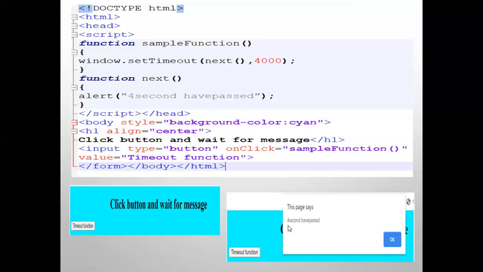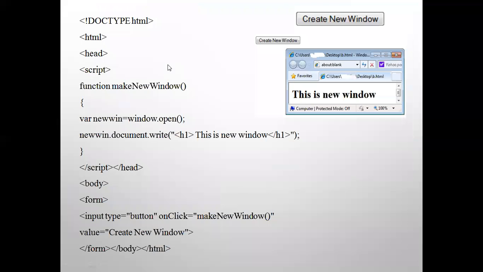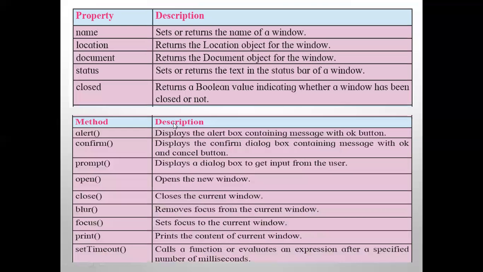This page says 4 seconds have passed, and one OK button will be displayed. Okay, so after 4 seconds, the window status changes. So this was about the setTimeout function, and the previous program was demonstrating the open method. So these are the two things we saw.